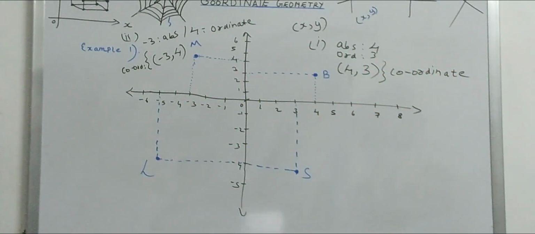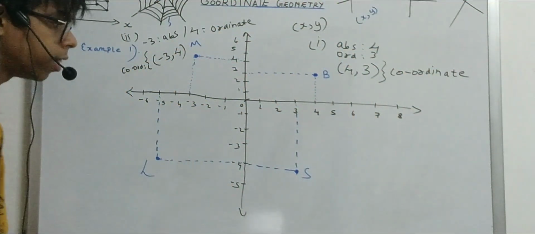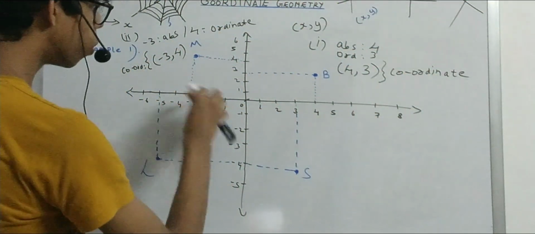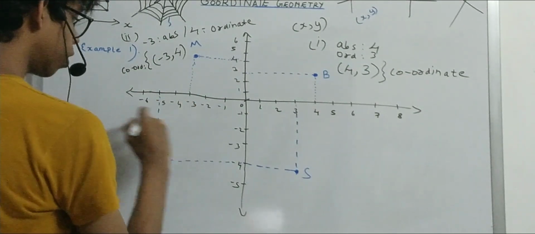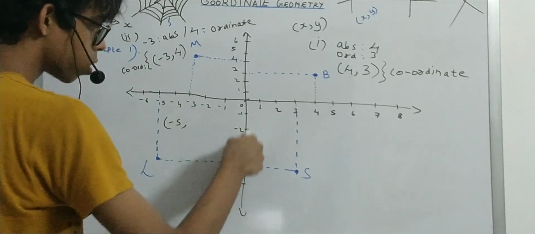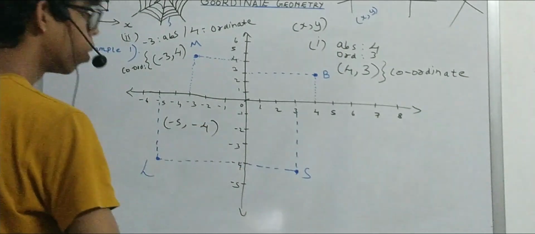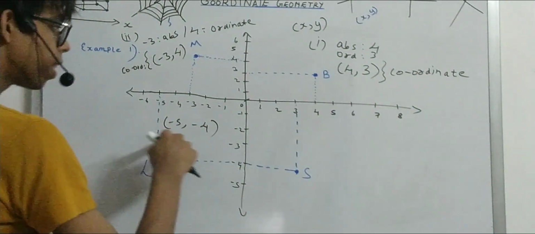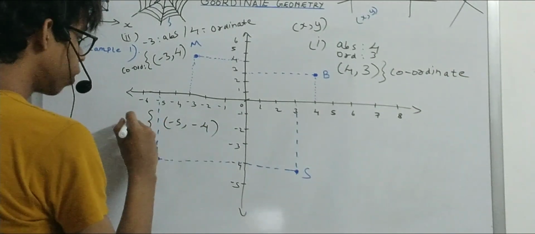The x coordinate and y coordinate of the point L are dash and dash respectively. Hence the coordinates of L are. Okay, so let's see. Here we are having the point L. So what should we do? First of all, look at the x-axis. On the x-axis, the point is at what? Minus 5, comma. And on the y-axis, where is the point lying? On the y-axis, it is lying on minus 4. So this ordered pair of minus 5 comma minus 4 will be your